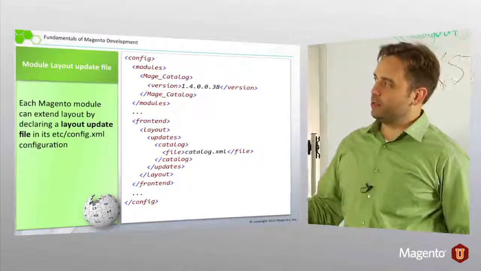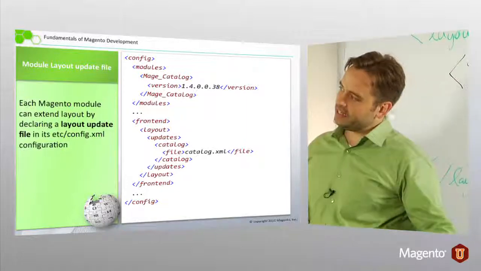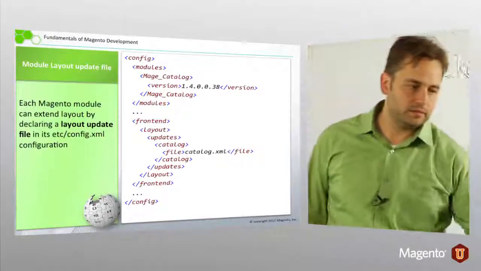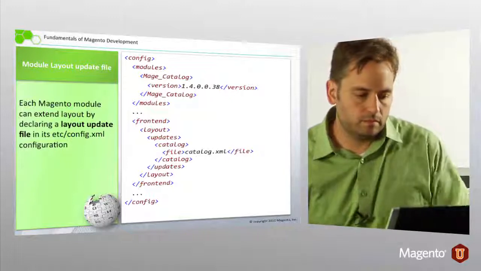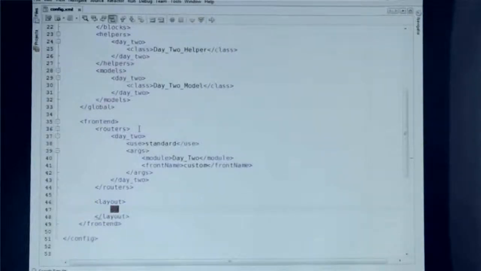So in your config file, in your front end node, make a layout node. Inside layout, make updates. And then configure a layout file. And I will walk along with you. I have routers here. So I can say layout, updates,